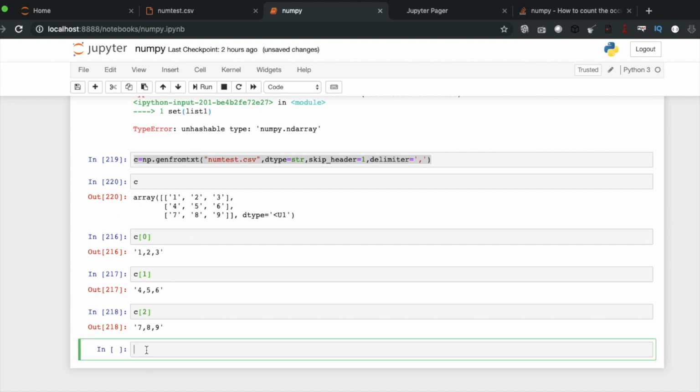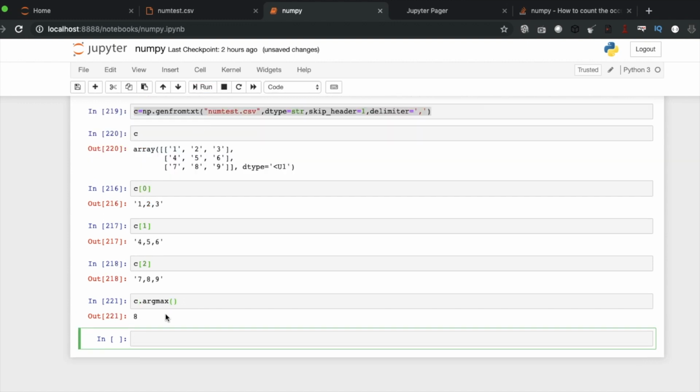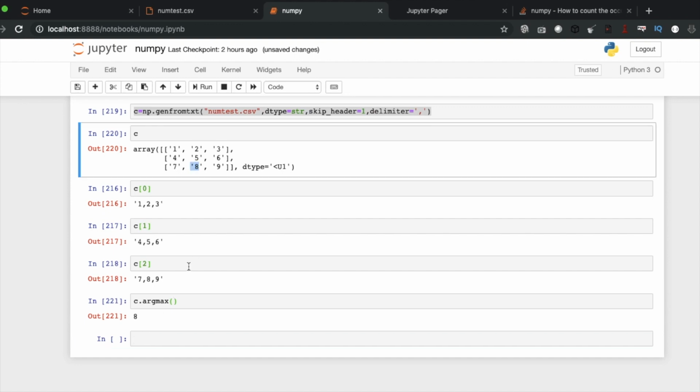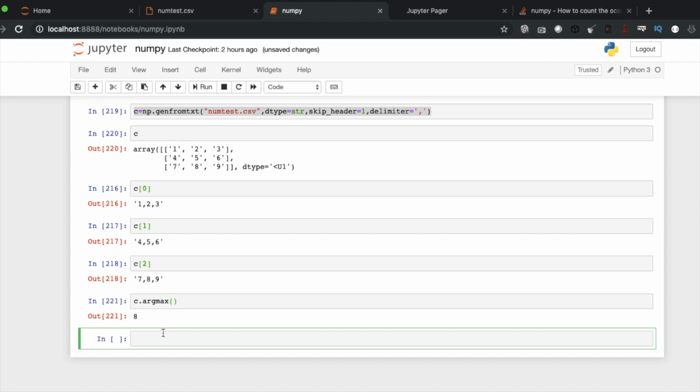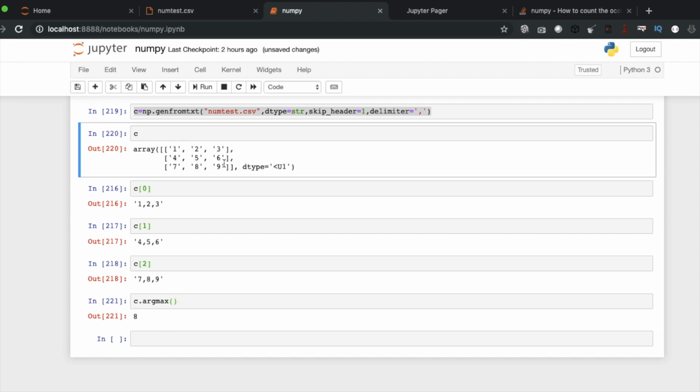Like as I told you, now you can do c dot argmax so easily. Now you can understand that number 8 is the maximum, and which position is it? It is at the 8th position: 0 1 2 3 4 5 6 7 8. This one is the maximum.